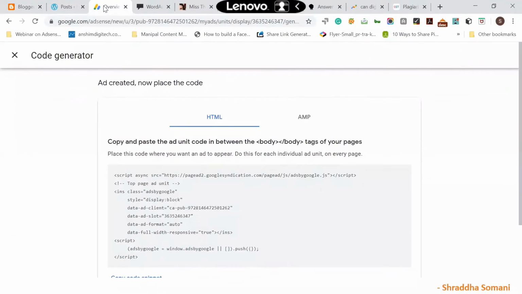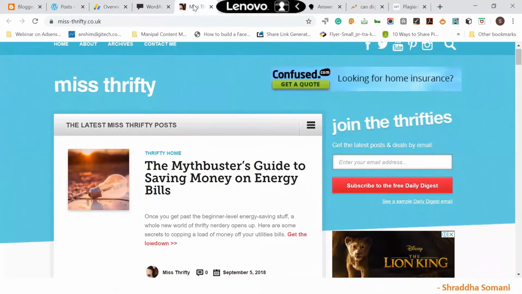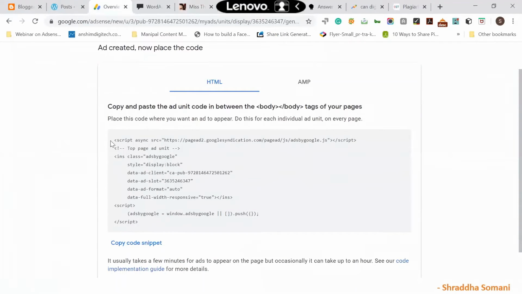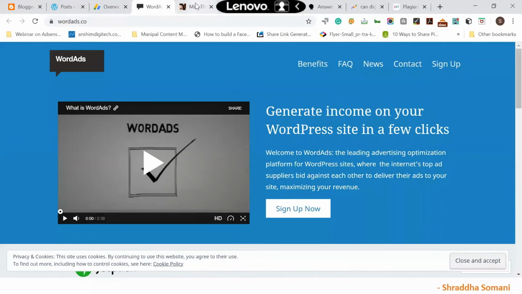I'm showing you if you have created a website like Miss Thrifty or a blogging site like missthrifty.co.uk. In that scenario, you need to place a code. You can ask your developer to place the code if you don't have coding knowledge. So you copy this code and paste it on the page where you want to show the ad.